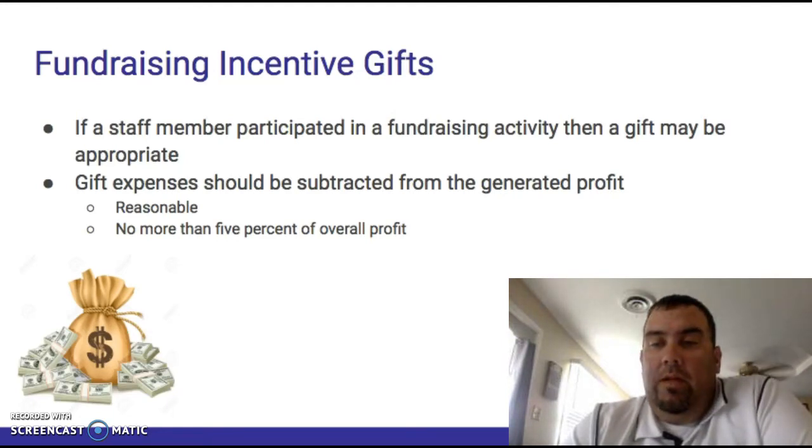Again, I go to football a lot, but if we say, hey, we're trying to get a new jugs machine, which is like a pitching machine for footballs, and community members are donating money towards that machine and we don't purchase that machine, after a while the community is going to be like, hey, I gave you guys money for this machine, where is it? And we don't have it, and that's going to create bad relations with the school. So we want to be sure that our gifts are reasonable and that we're still making a profit. The textbook said that no more than 5% of the overall profit from the fundraiser should go to gifts or rewards for students.